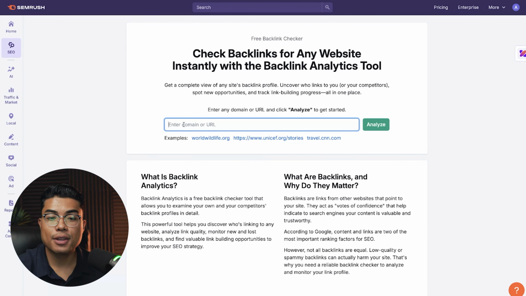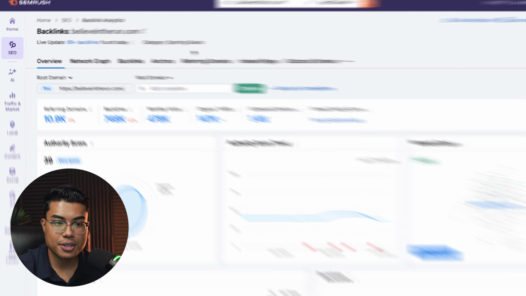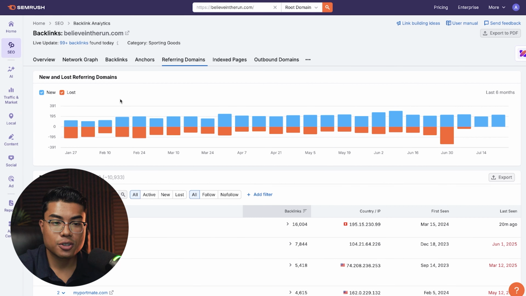And then just go ahead and type in your competitor's domain one more time, and then just press analyze. Then you want to go ahead and click the referring domains tab to see which sites are linking to them. So to find this, it's right over here where it says overview. Then you're going to go to the right, keep on going, and right where it says referring domains, press that. So right here is where you'll see a breakdown of all the sites that